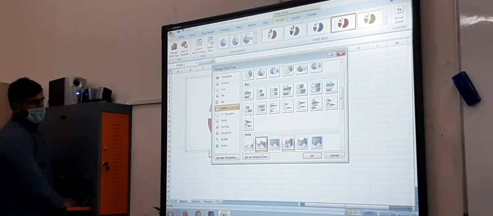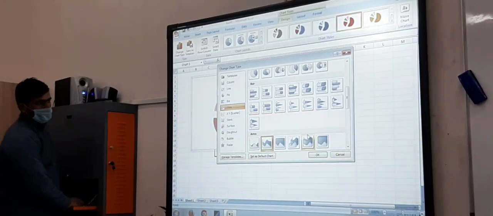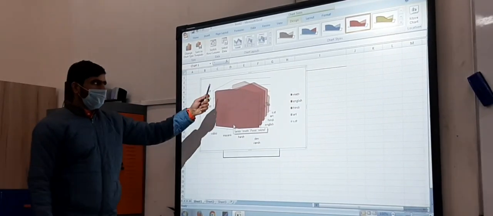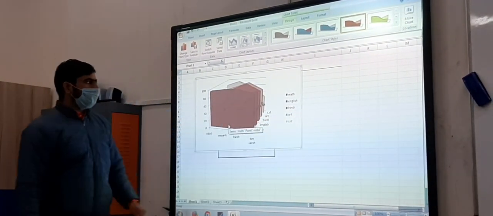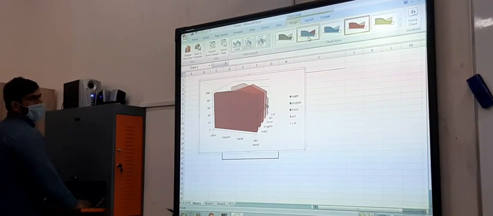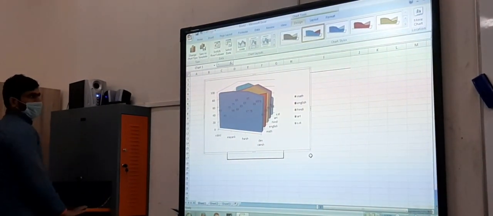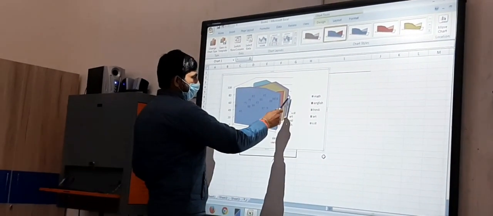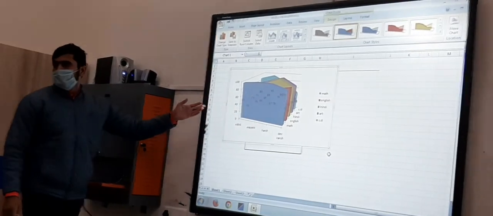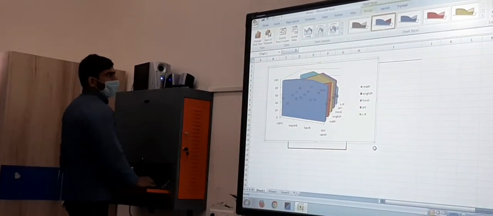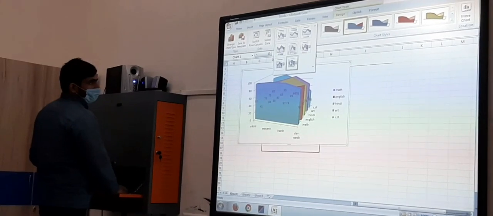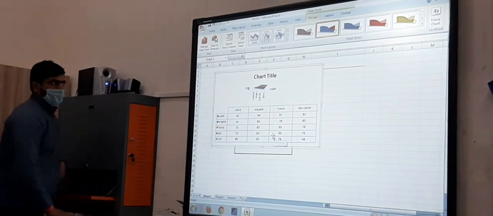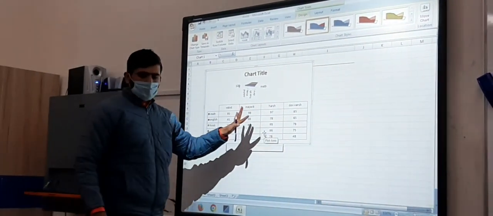So you can select the area chart, and here we can select this one, and you will see. Here the number will also be present. If you want to change the color of that, you can change the color. Let's have a different color. It is also different. But here we can't see it clearly. The views are not clear, so you can change the view of that. Okay. So whatever you want to do there.